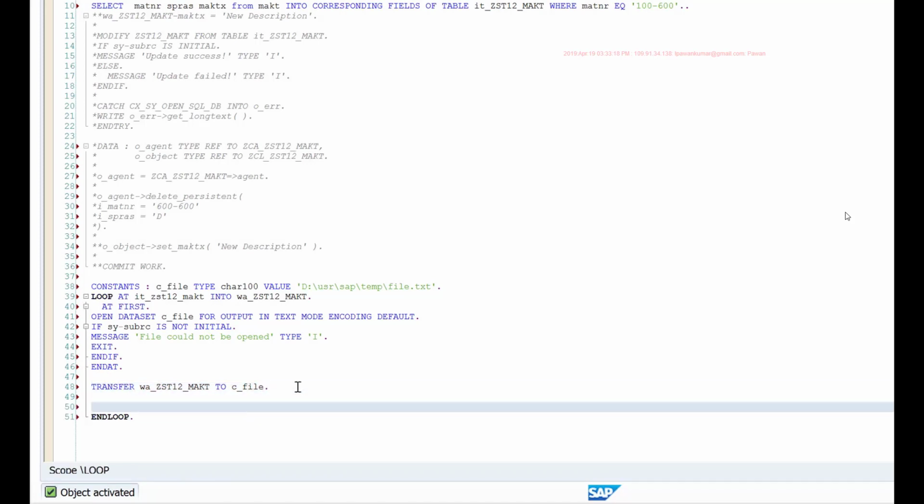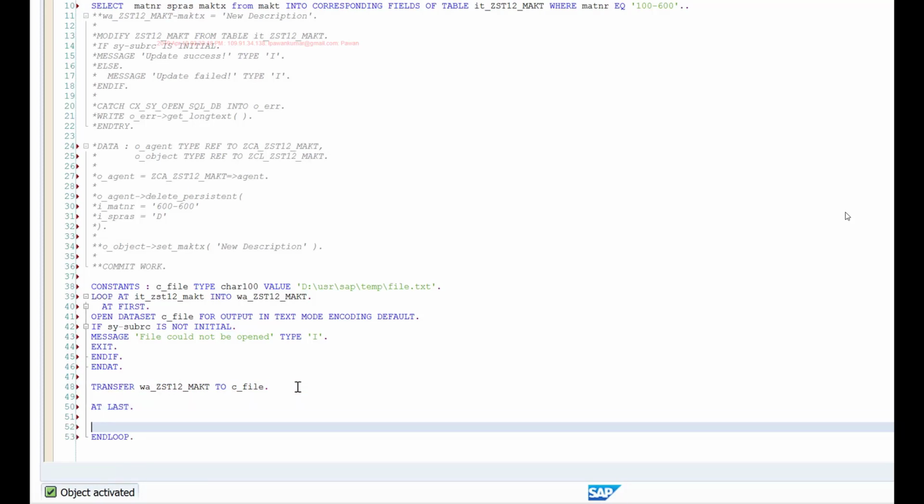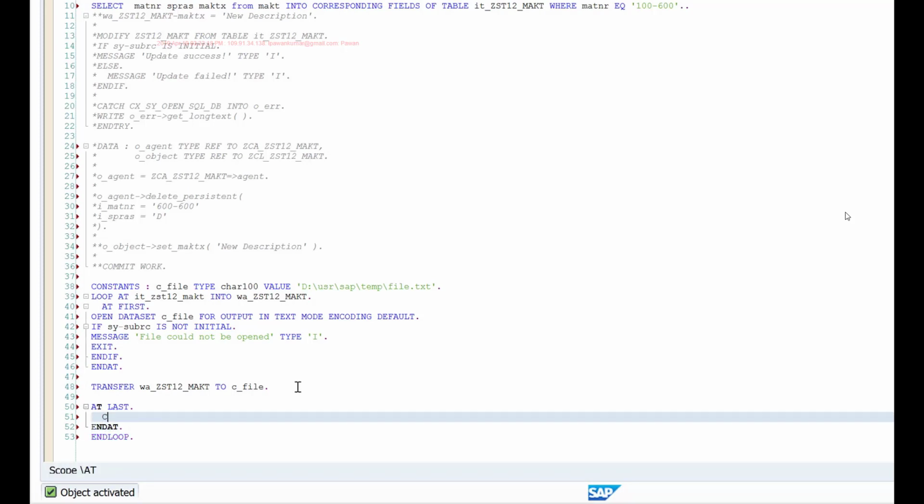In each loop it will transfer one row at a time, and then at last, in the last loop, we'll close the file. So I'll use close dataset c underscore file.